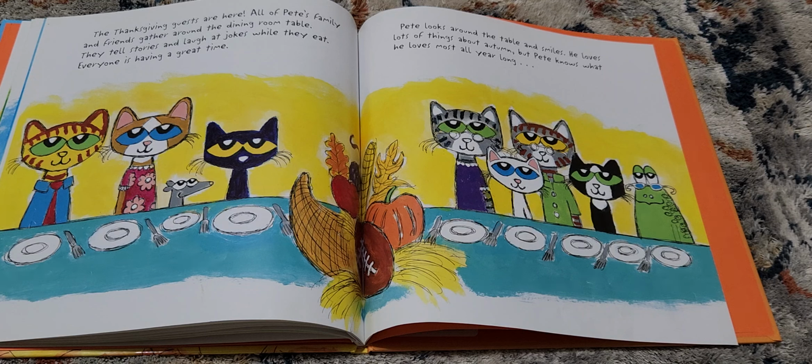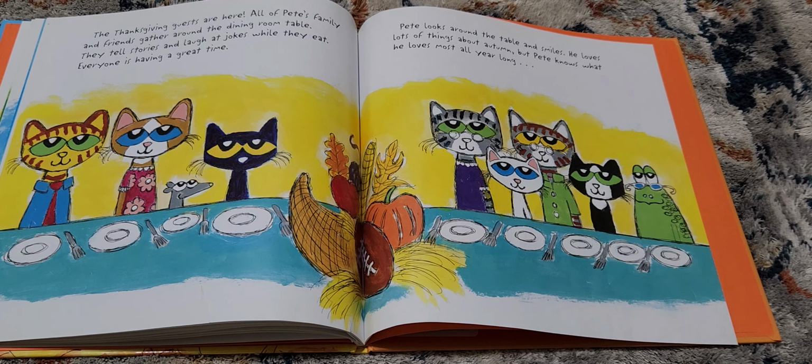All of Pete's family and friends gather around the dining room table. They tell stories and laugh at jokes while they eat. Everyone is having a great time. Pete looks around